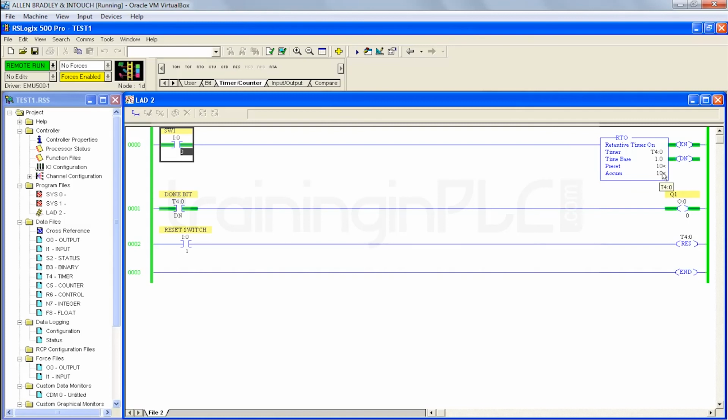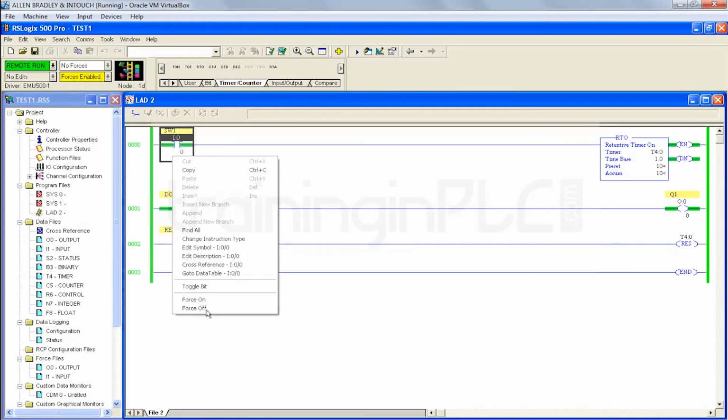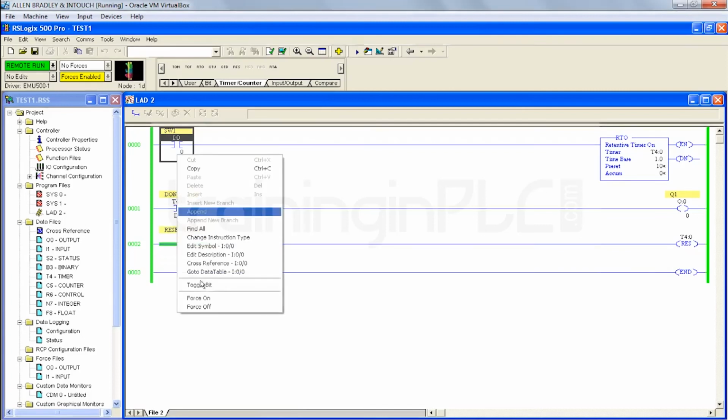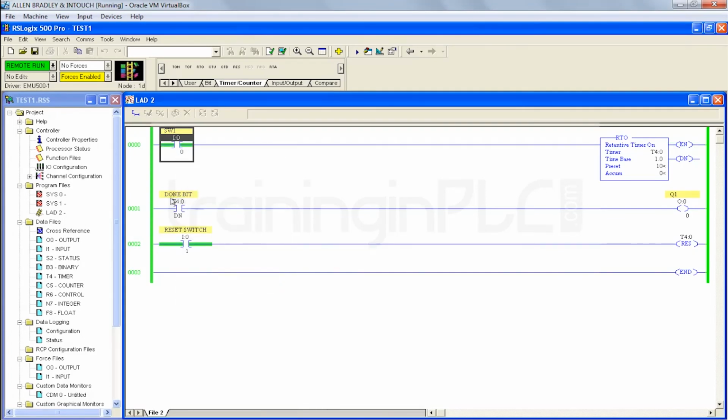I stopped SW1 at the 4th second. Whenever I turn on again, it will start from the place where it was, right? It is retimed. That's why it is called retentive on delay timer. The accumulator value will not go back to 0, but it will stay in the place where it was. So you need to reset it. However, if you turn on, you need to turn off the reset. Yeah, now it is happening. Even if you turn off in the middle, it will be retained at that place.